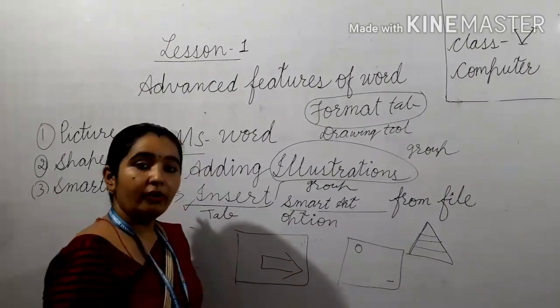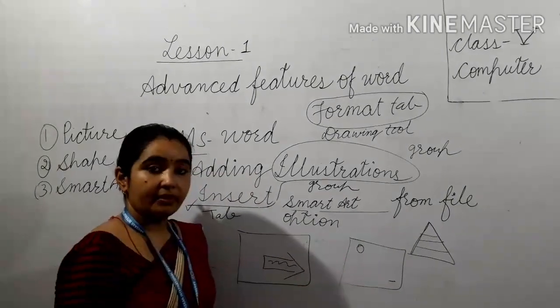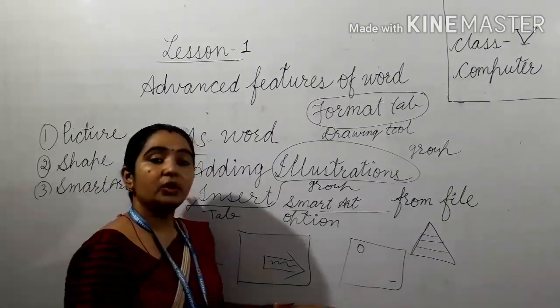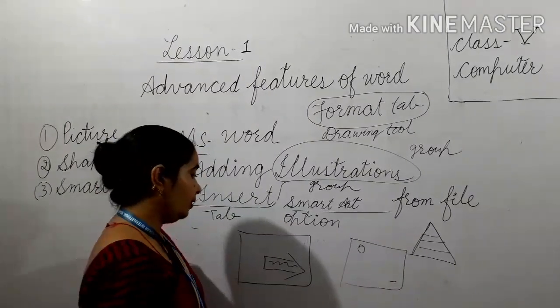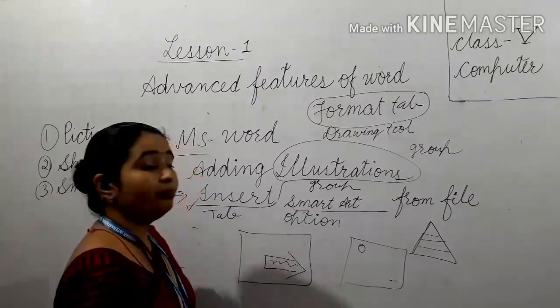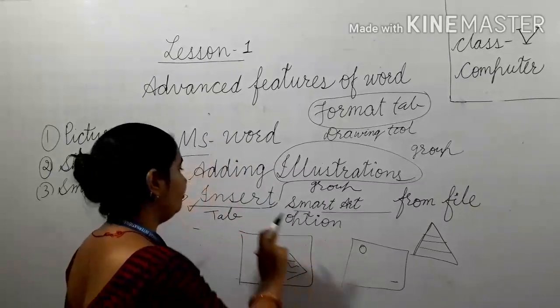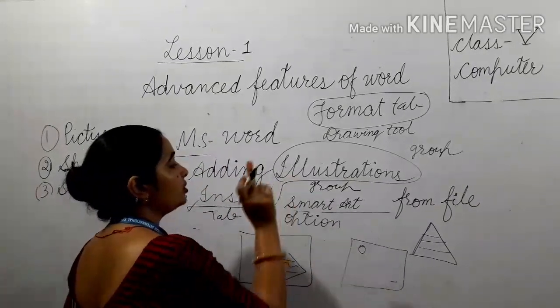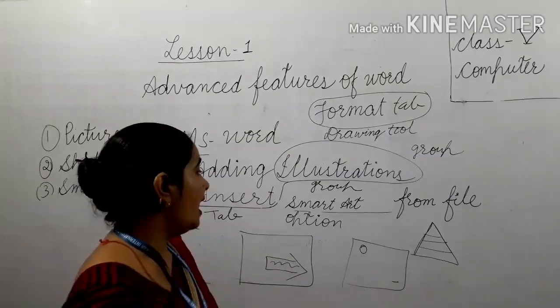Smart art graphic provides you a way to write something in the shapes. You can choose your desired art by double clicking on it. Now is it clear? All the illustration group में जो जो options हैं वो सारे select करने के लिए first of all you have to click on insert, then illustration, and then you will get all the desired options additional to your document.